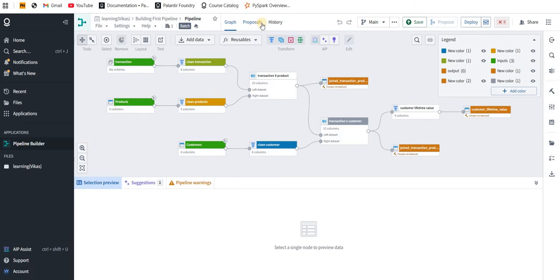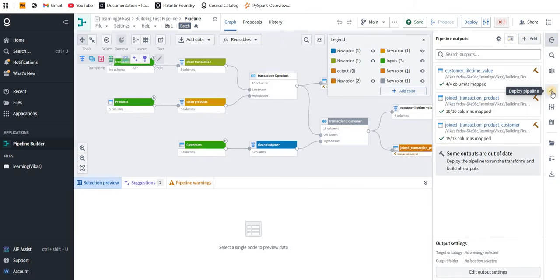As I already told you, after making changes, it goes to the reviewer, who will see the proposal and either accept or reject it. If they accept it, it becomes part of main and is merged. Okay, so this is what it is. Save, obviously, whatever changes you have done. And here is deploy. Before that, I'll show you this is the deployment output, pipeline output. You can deploy it here.